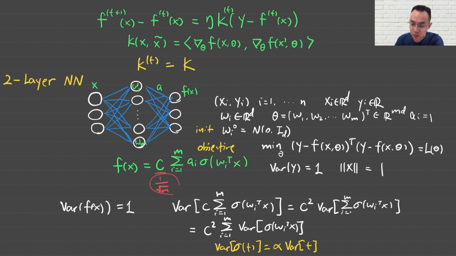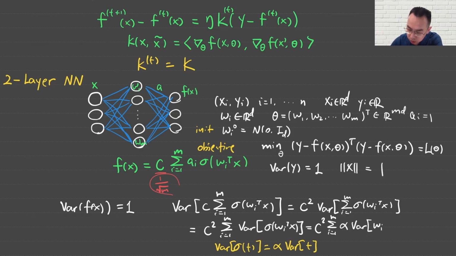That is the assumption we're going to make, and it's a very reasonable assumption. Most of the nonlinear functions we use satisfy this property. So this equals c squared times the sum of alpha times the variance of